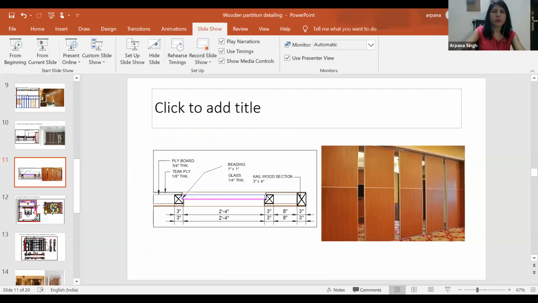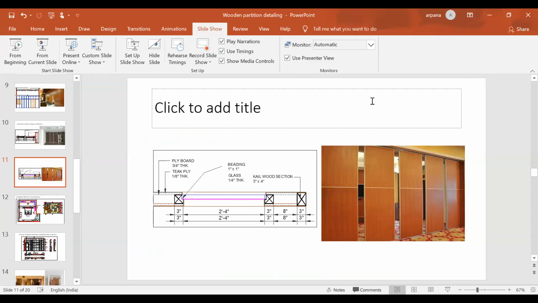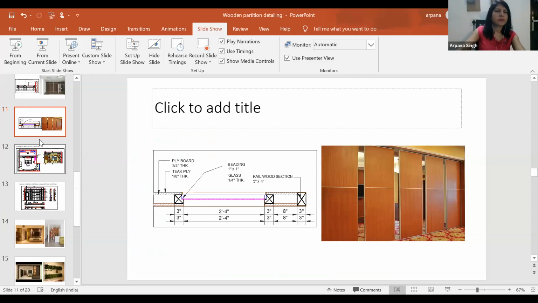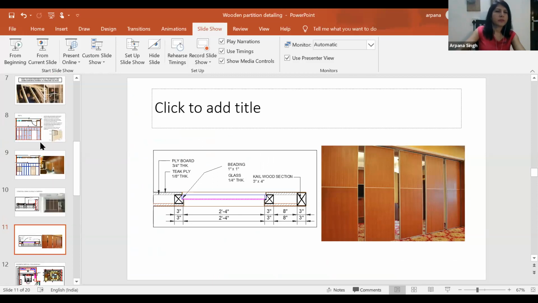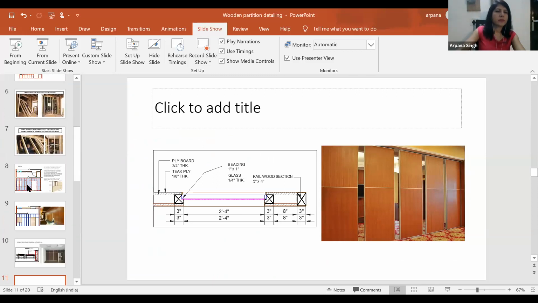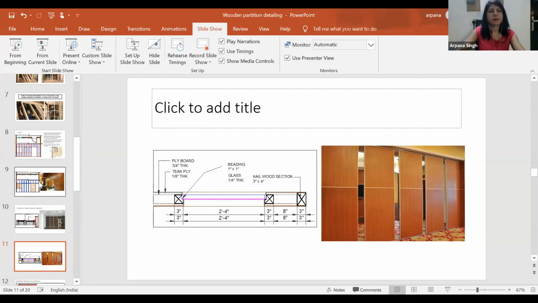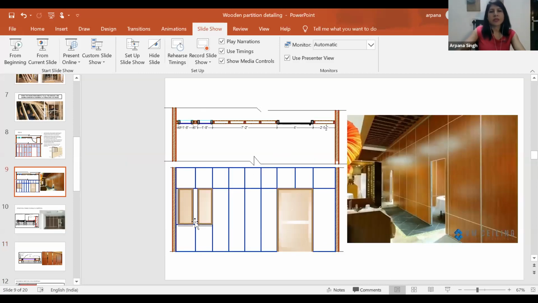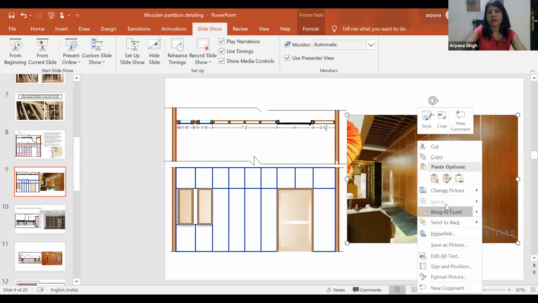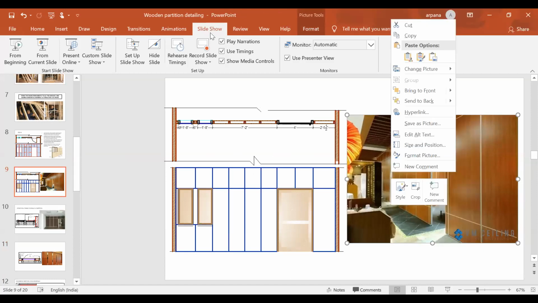Once this is ready, you can see exactly that it is going to look like this image which is being shown over here.